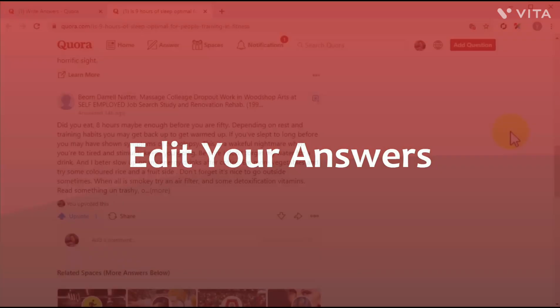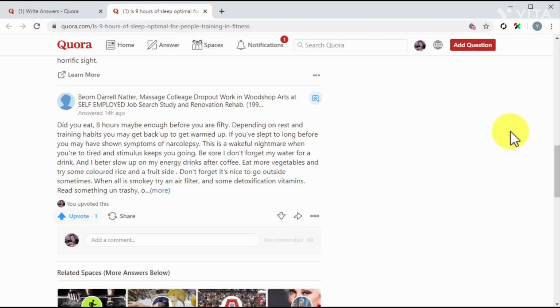Edit your answers. You can edit answers after you've submitted them. This can help you to include additional information or to update an old answer. This works similar to updating content from your blog, because the Quora algorithm as well as search engines index these changes. To edit an answer, you'll simply have to locate the answer that you want to edit by going to